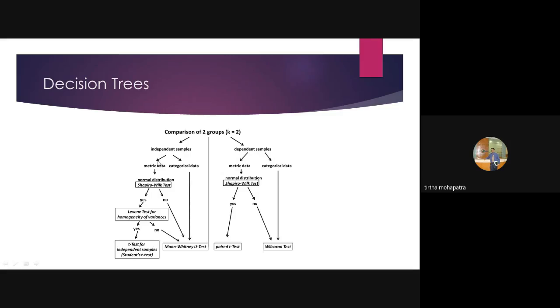Clear? Yes, sir. So if this is the situation, then similarly we have a non-parametric equivalent for correlation. Normally we measure Pearson correlation, but if it's non-parametric, we'll measure Spearman correlation. For regression, if it has all the assumptions of normality and linearity, we'll go for linear regression. Else we go for logistic regression or logit model or probit model or Tobit model, like that.